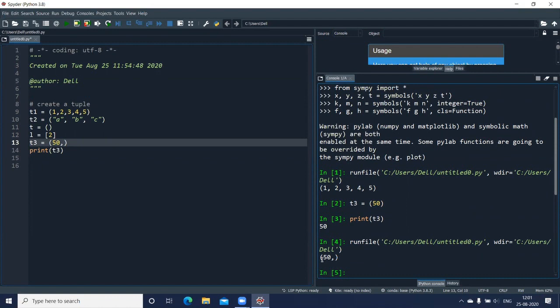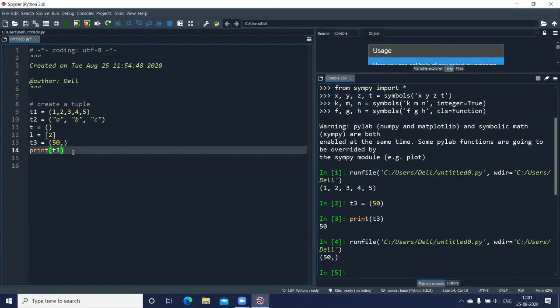Fine. Now there's a difference between both of them here. You can see this number is without the round brackets. Whenever there is a tuple, the tuple is actually displayed in round brackets. You can see this one line here where we have displayed T1, where we got round brackets 1, 2, 3, 4, and 5. So if I do not have a round bracket, it is giving me the number. It's not a tuple. And in case of a comma, it's a tuple. Even though we are not getting the error, we need to check the type, whether it is treating that as a tuple or not. So when we use the type function, we'll see how to check the type of the variable.